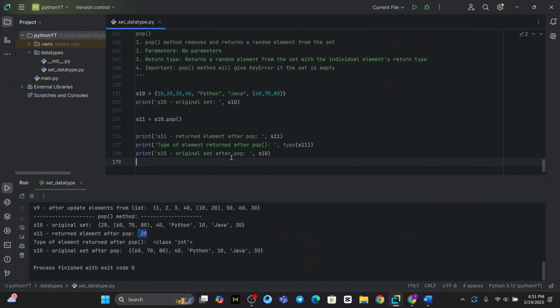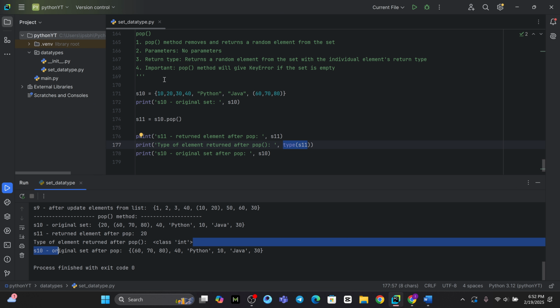Now the type of the element returned after pop is what we are checking here, type of s11. So type of s11 is again class int. So it is an integer object. So basically, this is what it was saying over here,